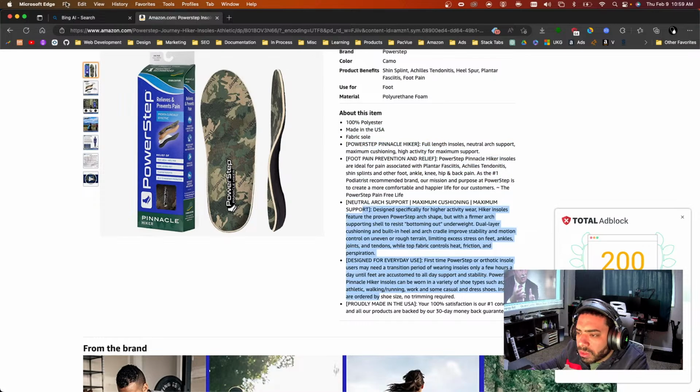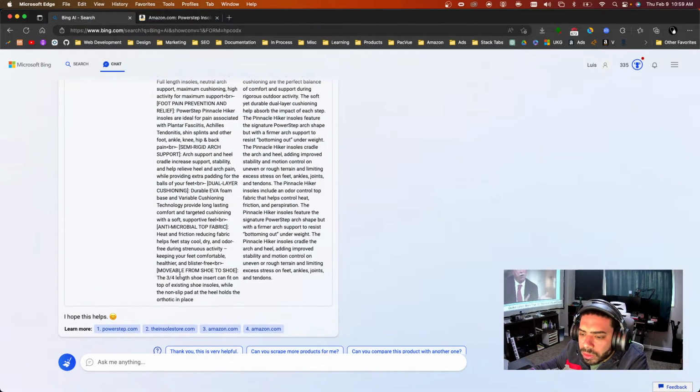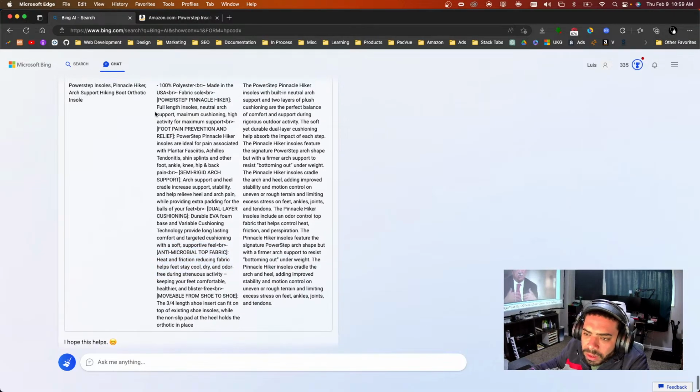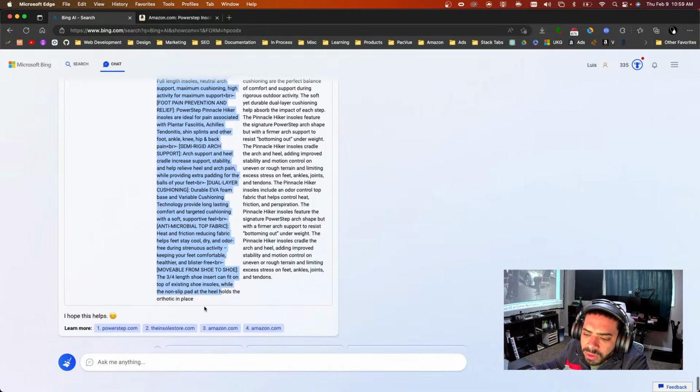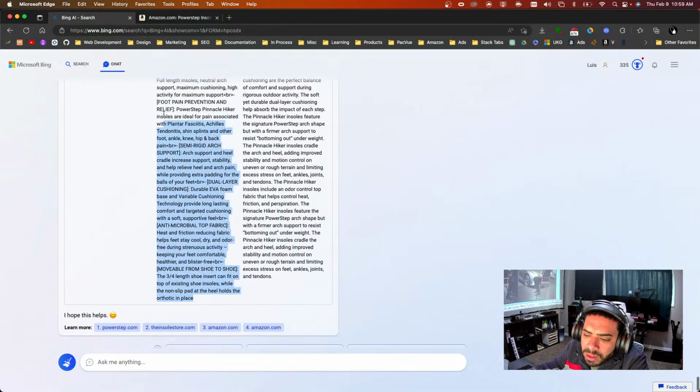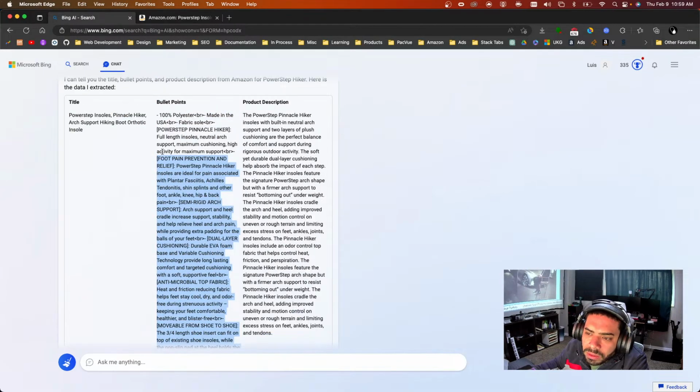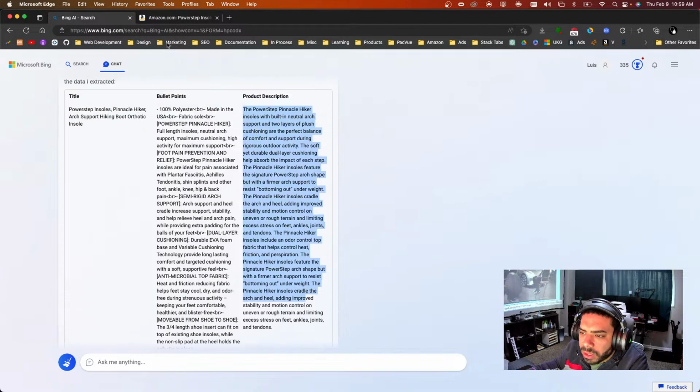It's shady because actually, I know this product and these are the old bullet points, so it is not scraping. It is just getting it from its data. So this was probably the last time that it did the indexing or crawling.